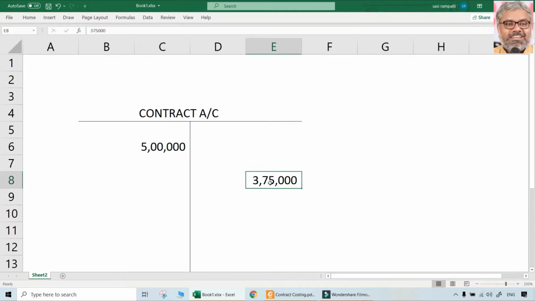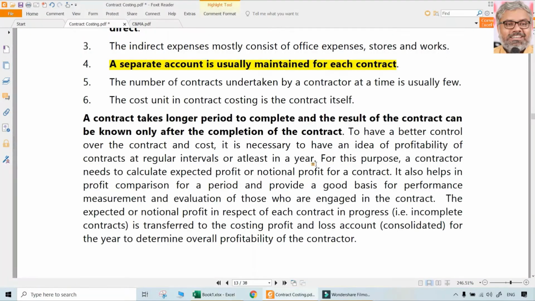Normally these capital items we don't debit or credit in regular accounting, but here we do that because it is not full-fledged accounting, not even full-fledged costing, so it is somewhere hybrid. So we debit the plant issued to site, and we credit the plant value at the end of the period at site. So what is the effect of this? Net effect, naturally debit is more by 1,25,000 than credit. That itself is a depreciation. Whether we calculate separately or we do it like this, the effect is the same. So that point we should understand.